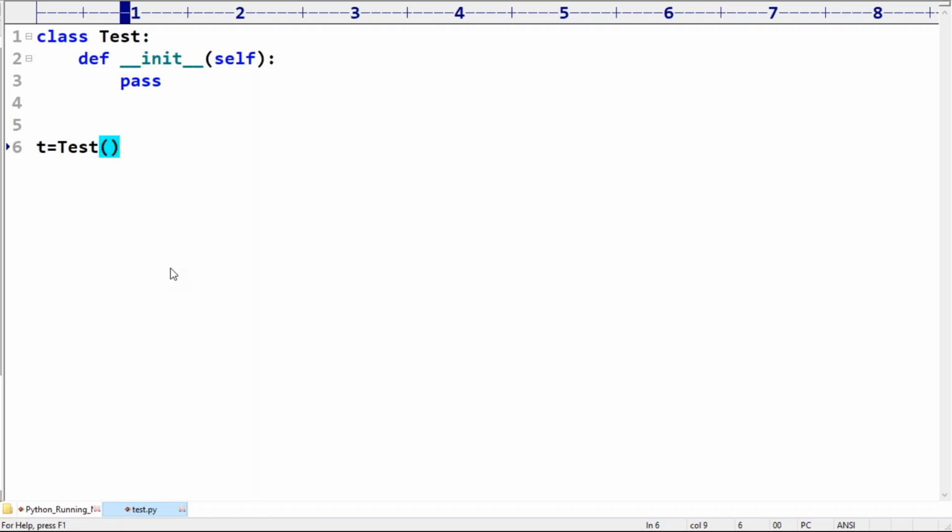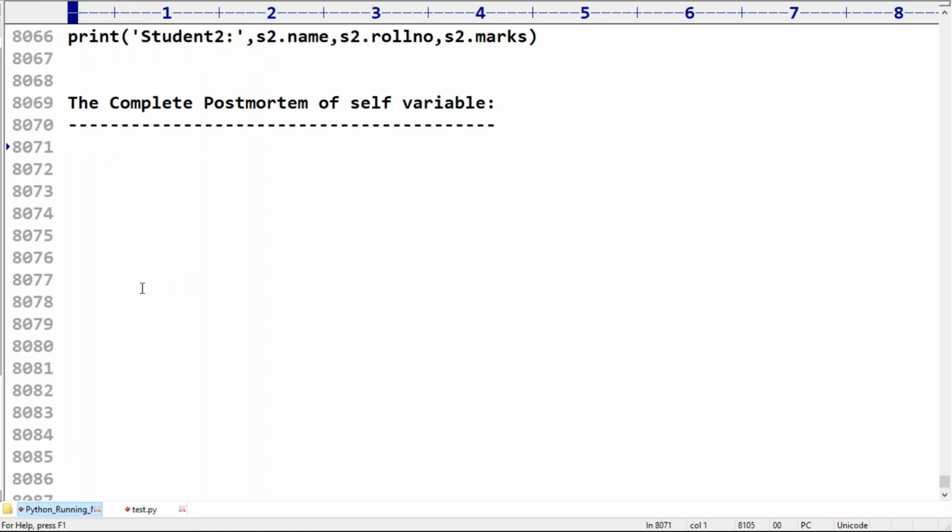Listen carefully. The first point is, what is this self? Remember this one. Self is a reference variable. If it is a reference variable, it always points to an object.